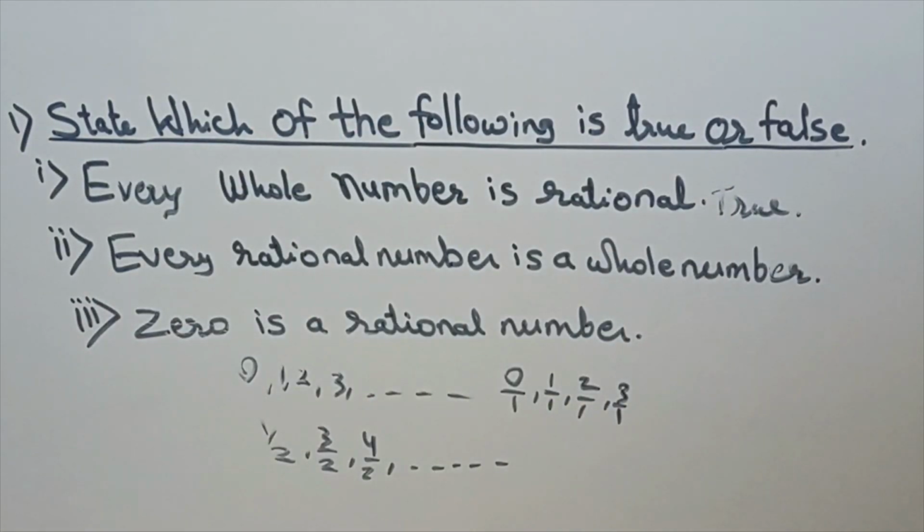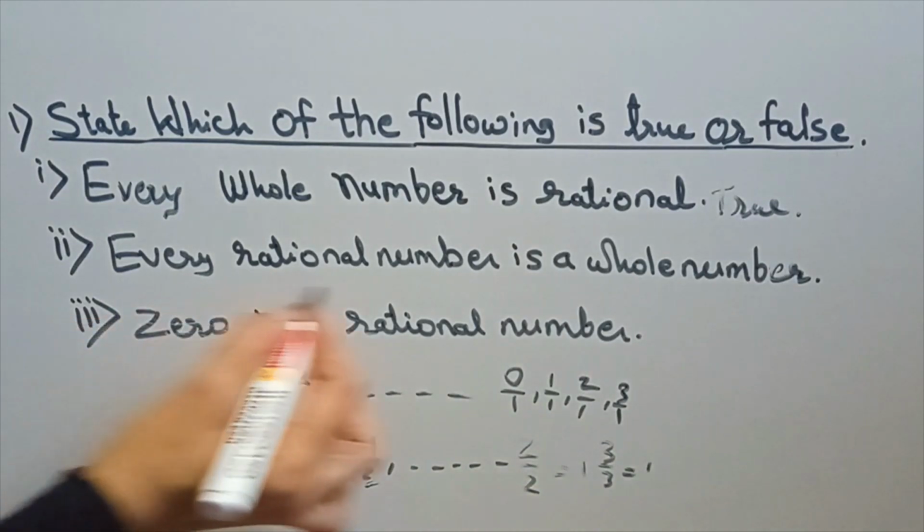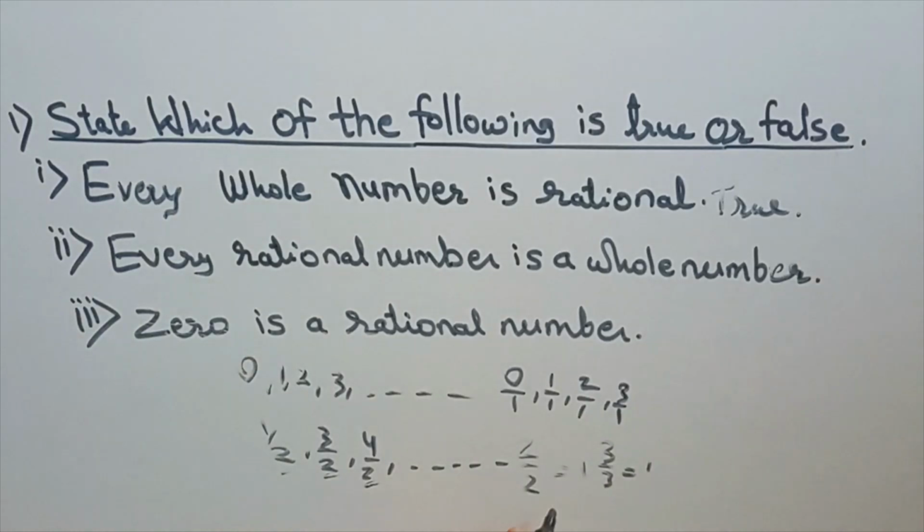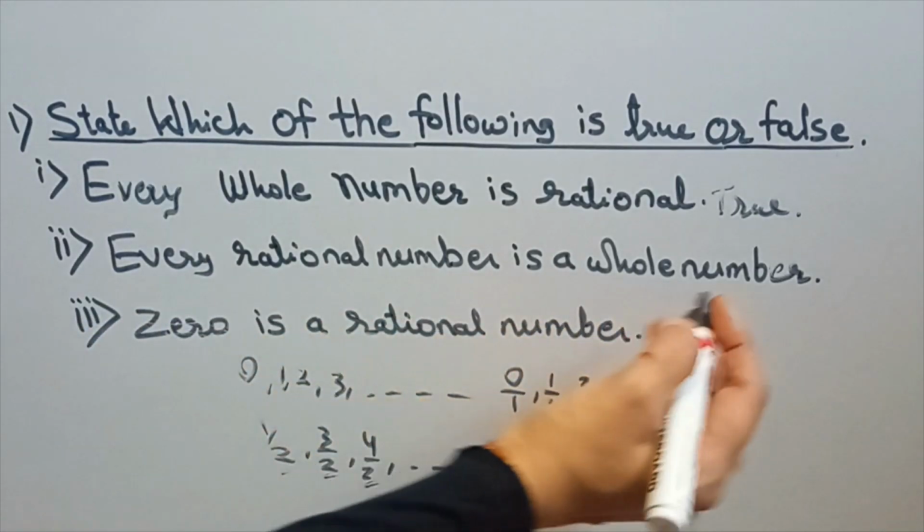Now what about the second one? Every rational number is a whole number. 1 by 2 is rational, 3 by 2 is rational, but it is not whole, because it is a fraction of two integers. But 2 by 2 is a whole number, 2 by 2 is nothing but 1, 3 by 3 is 1. These are whole numbers as well as rational numbers. But every rational number is not a whole number. So this is